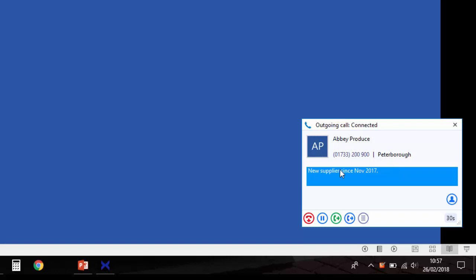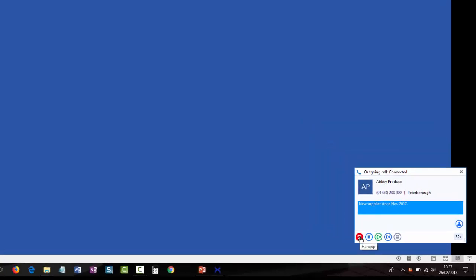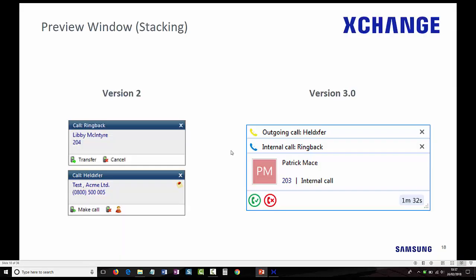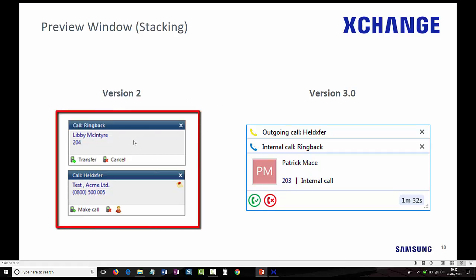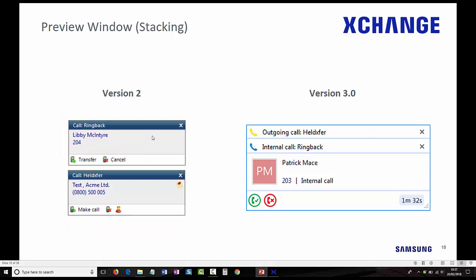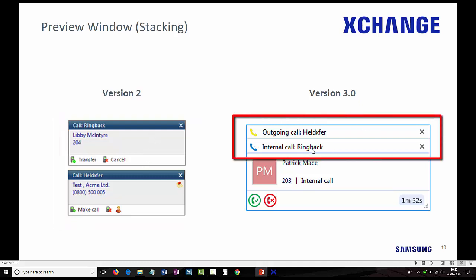Other than that, the functionality of the preview window is pretty much the same as it was in version 2. The only other difference, just to mention, is that we now have stacking as well. Previously, if you had more than one call active at any time, there'd be a preview window displayed for each of the individual calls, and obviously that could be 2 or 3 windows displayed all in one go. We now have stacking so that the active call is at the front and then the other calls are